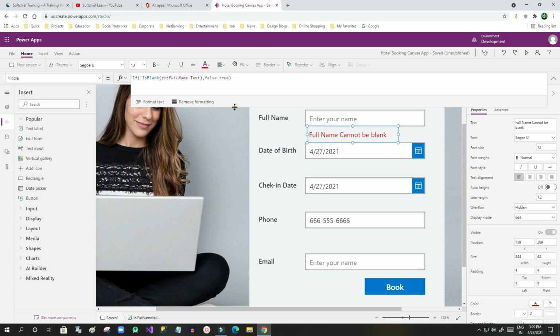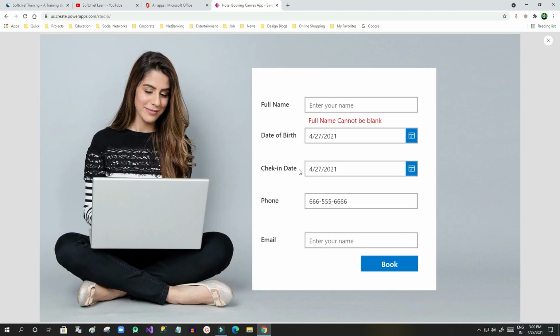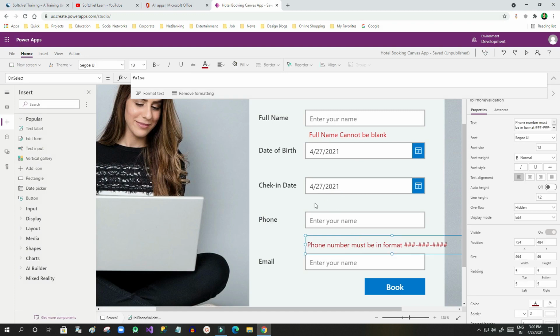Now the second validation I will show you is for the phone number. If I go back and open this validation, I can check it for this label, which says the phone number must be in format.